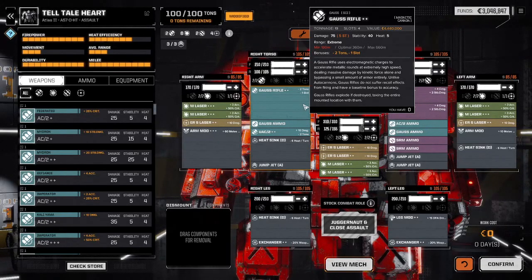This Gauss rifle will reach all the way out to 660 meters, firing a slug at hypersonic speed using magnetic propulsion, fed by 2 tons of non-reactive ammunition. This weapon will provide for 16 combat turns of fire. So it's not ammo starved, thank goodness. We don't want that. You've got to have a minimum of 10